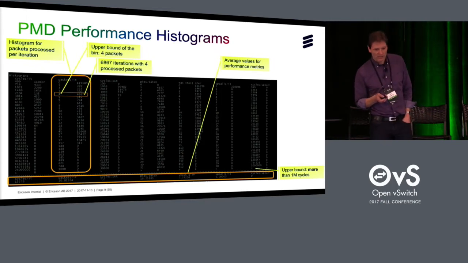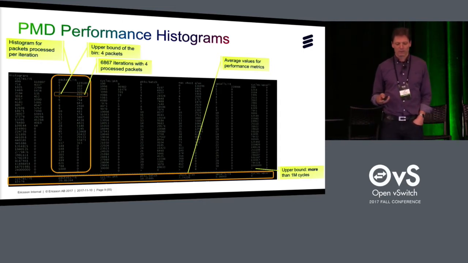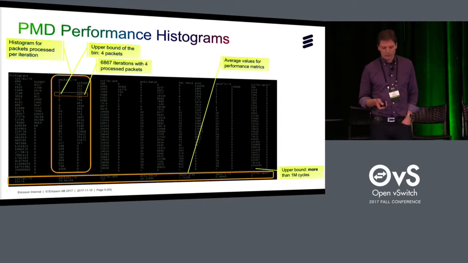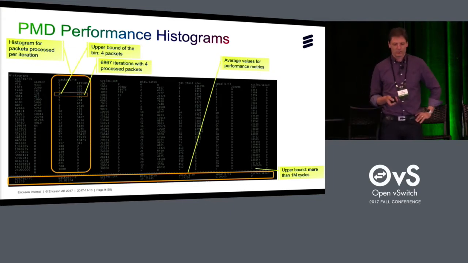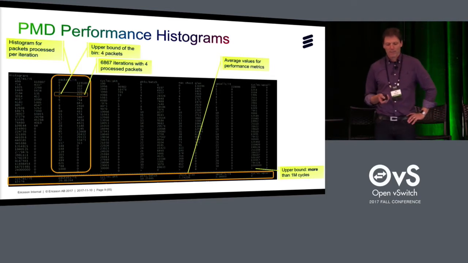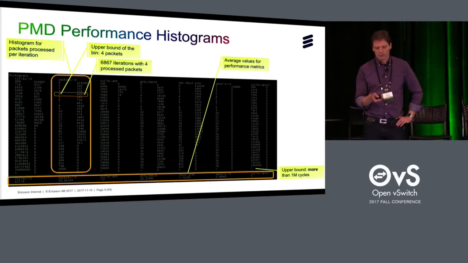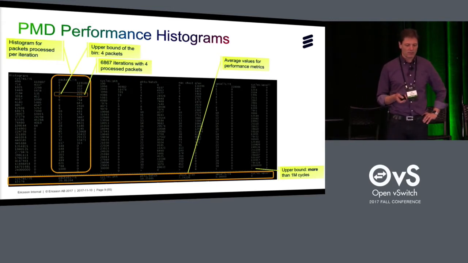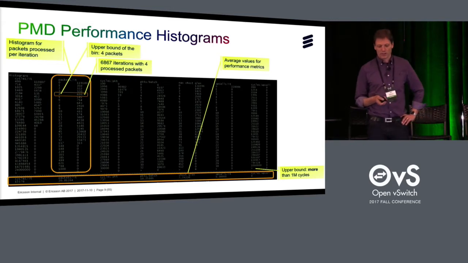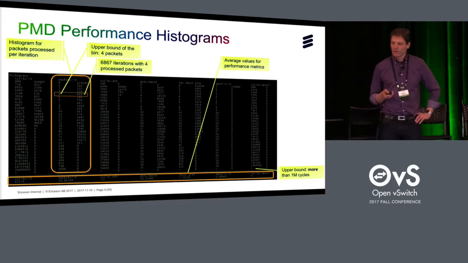The interesting parts are the histograms. So we have a couple of metrics that we record per iteration. And for each of them, you have a histogram. Every histogram is like this big orange box there. So we have 32 bins, with the upper bound of the bin and the number of hits in the histogram. And we have histograms for the cycles per iteration, for the packets processed per iteration, for the cycles per packet, for the packets per RX batch that were polled, for the maximum vhost-user queue length that was